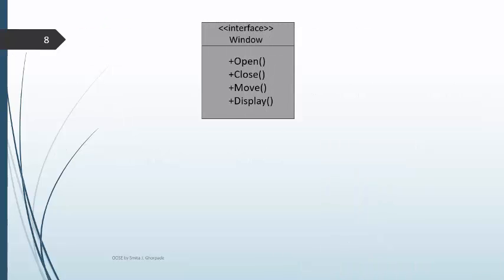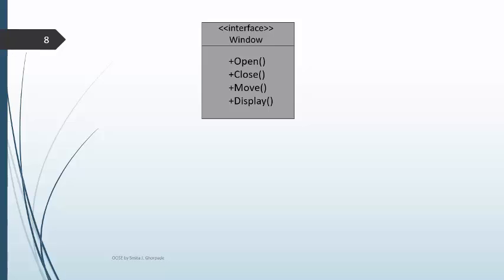One more example for interface. In Windows operating system, we have a set of application programs. Any particular application we want to open, then there is an interface window. That interface window has a set of operations like open window, close window, move, display, resize.